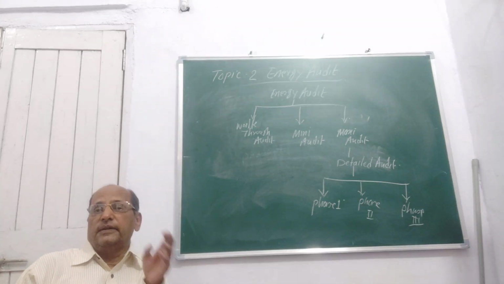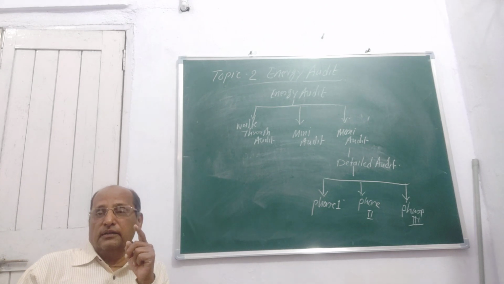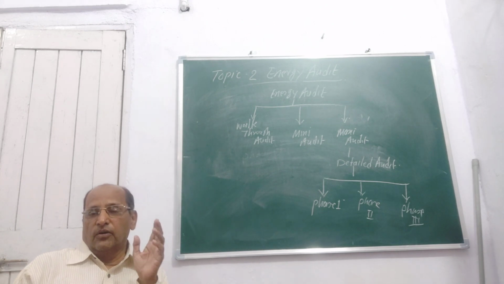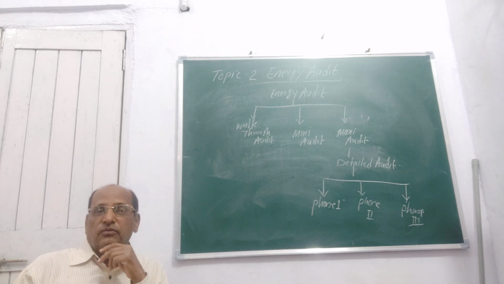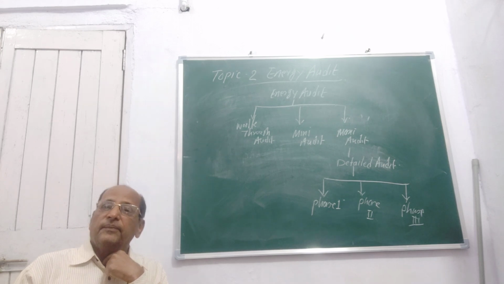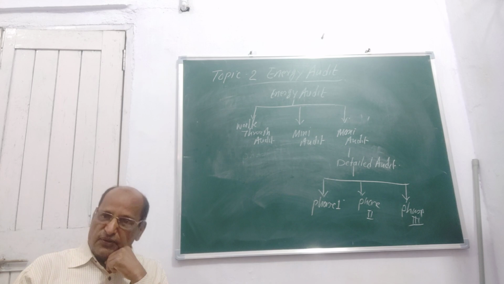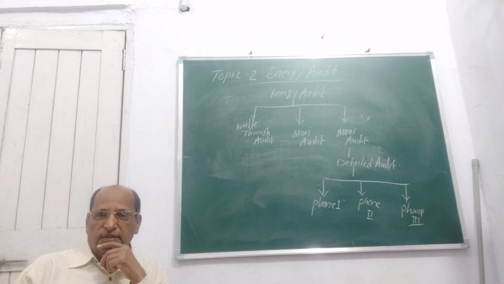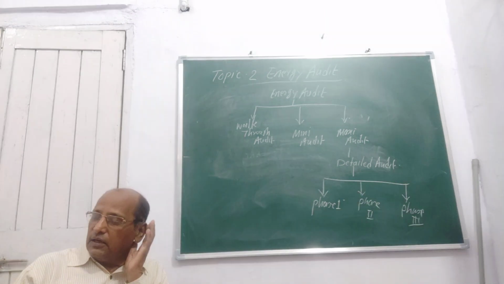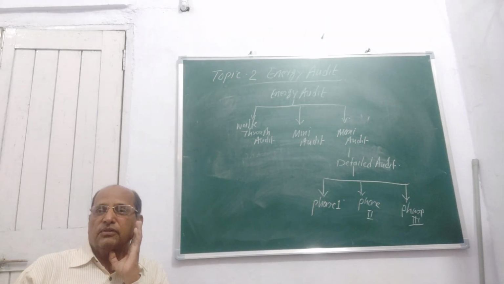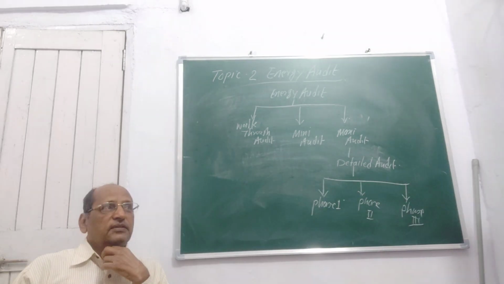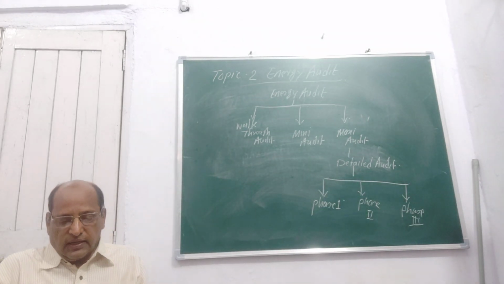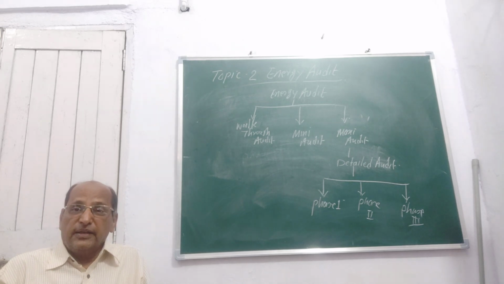Deficiency you can find out only when you start running a particular motor or machine for a given period of time, and according to that time, what consumption takes place in the machines in the process of manufacturing. So you will find the deficiencies according to the standard values of efficiency given in the specification. So you can find out the deficiency and the points where these deficiencies are taking place. So these are all the points which come under the preliminary audit.